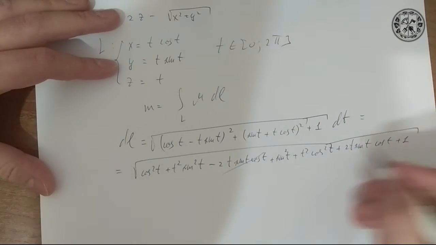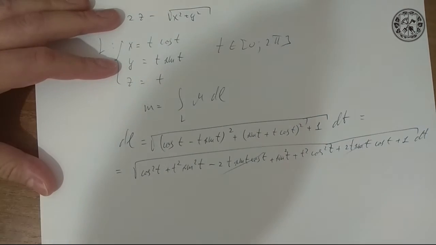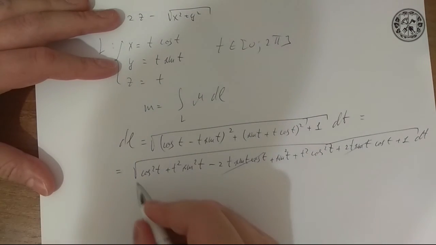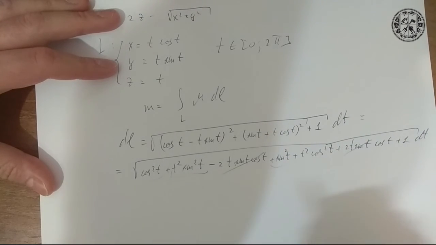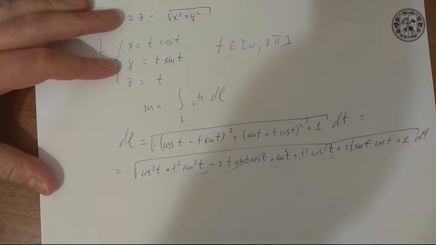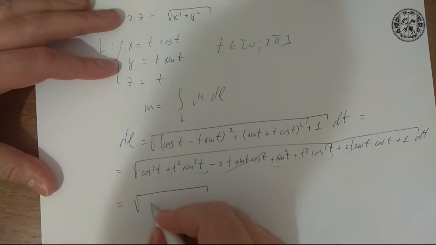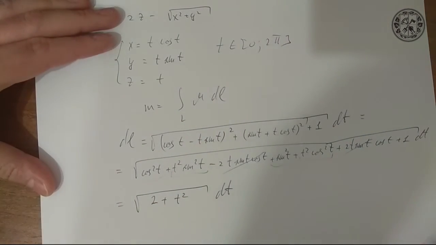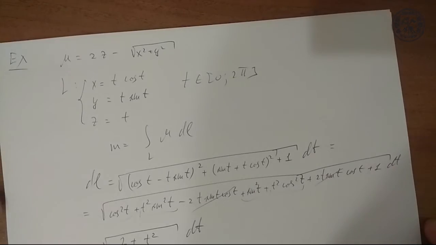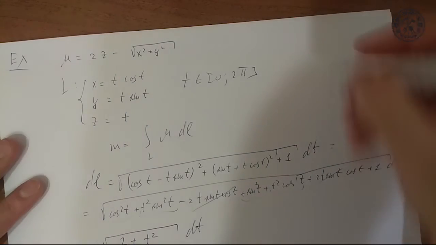We get these two elements destroyed, and we have cosinus square plus sinus square, t square sinus square plus t square cosinus square. Sinus square plus cosinus square is 1, so we will get square root of 2 plus t square dt. This curve is actually a conical line